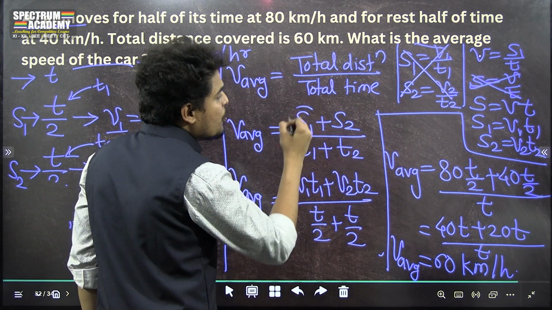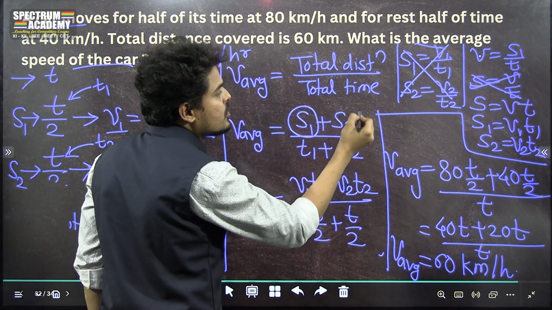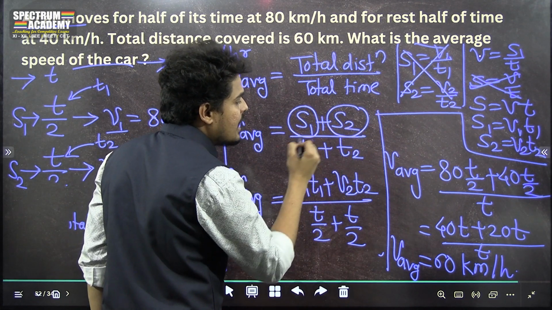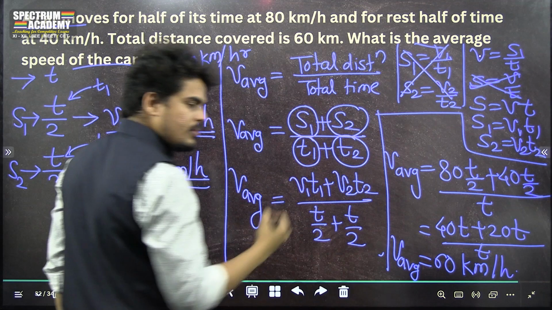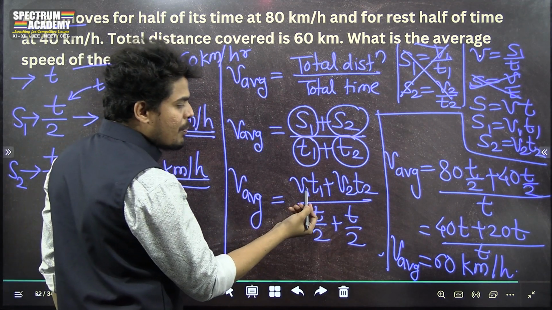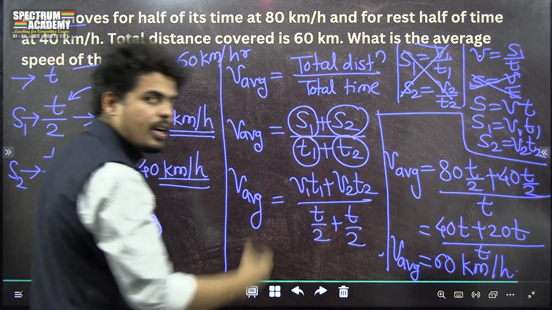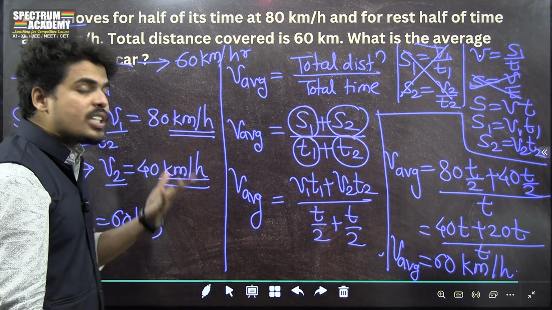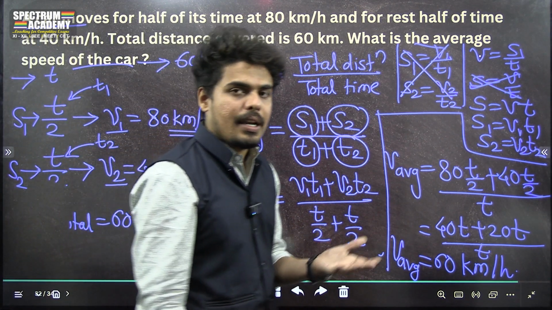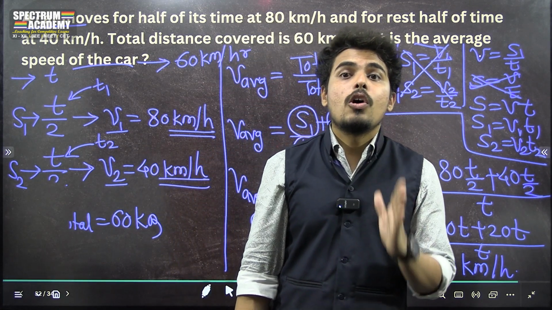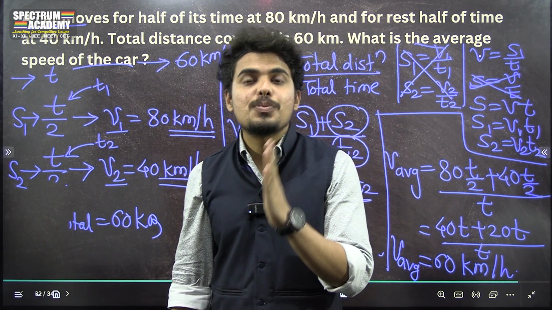So we have to put the values of s1, s2 and then t1 and t2. अगर हमें v1 पता है तो हम डायरेक्टली s1 equals v into t में कन्वर्ट कर सकते हैं।